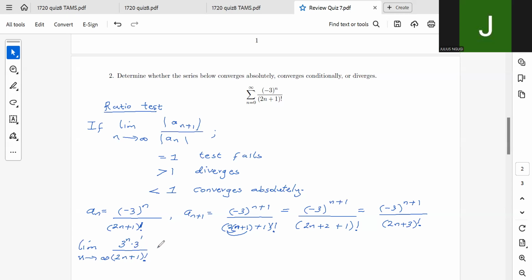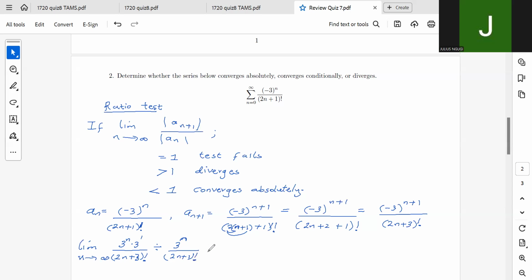And because I'm still dividing, I can write here this division, divide by the an, which is minus 3 to the power of n, because of the absolute terms, the minus will disappear, divided by 2n plus 1